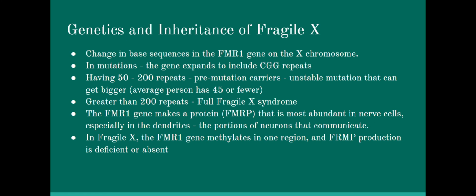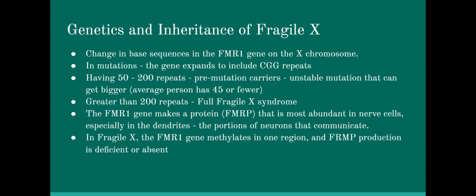And the way that this works is that the FMR1 gene makes a protein like most genes do. It has a single job. It makes this FMRP protein. It's abundant in nerve cells and also in testicular cells. It's very abundant in neurons, especially in those dendrites, those long branchy parts of the neuron that communicates with other